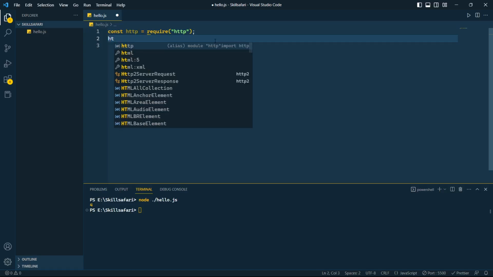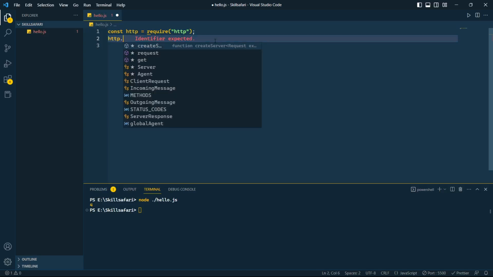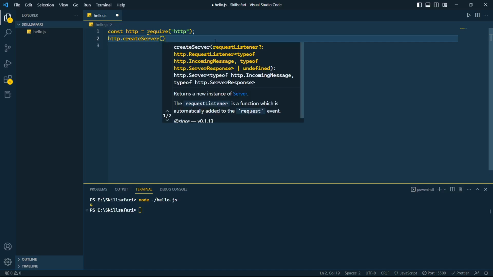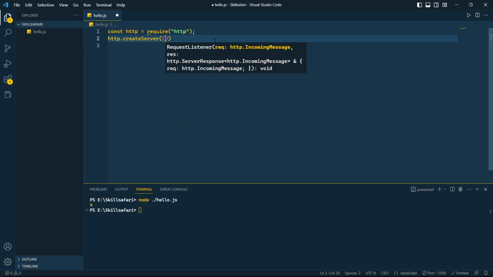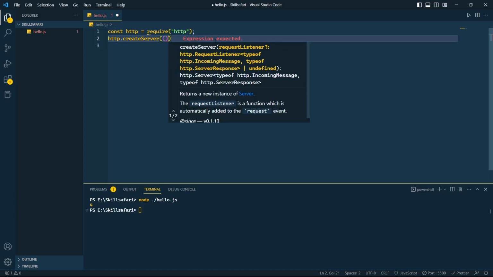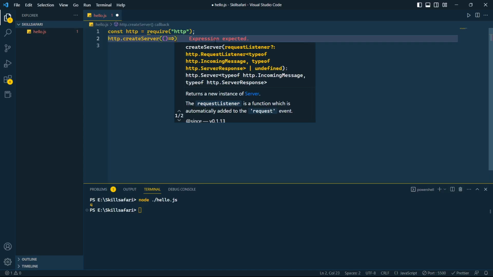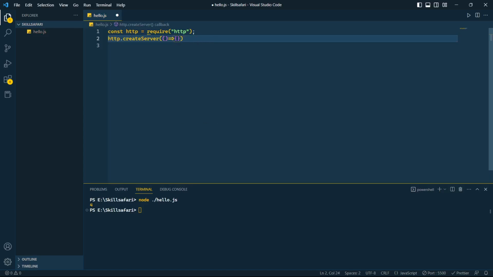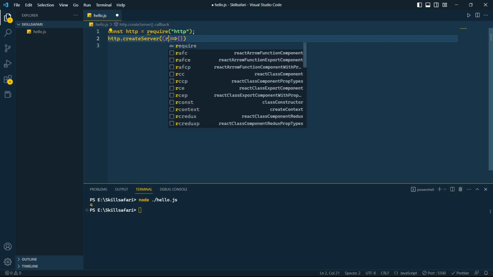So I'm showing over here how to use it. Let's just say http.createServer. Okay, so createServer is a function which takes another function as a callback, and it has the parameters request and response.